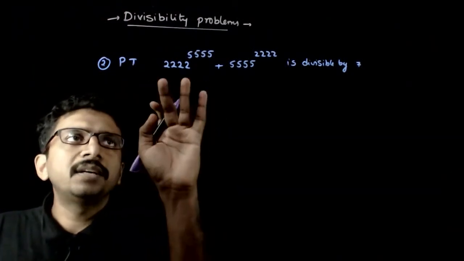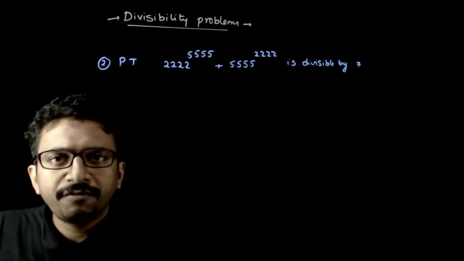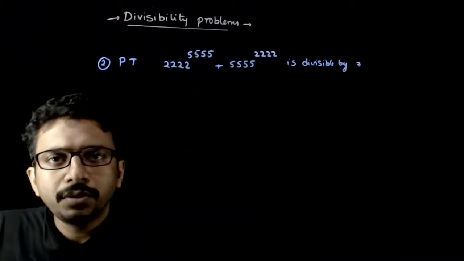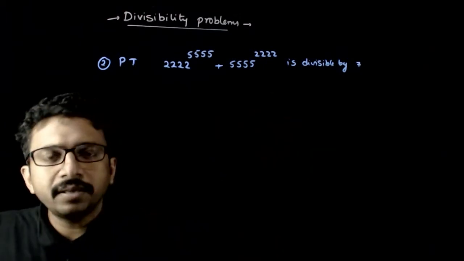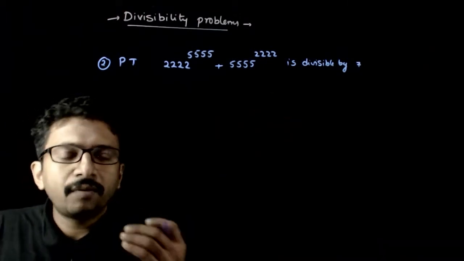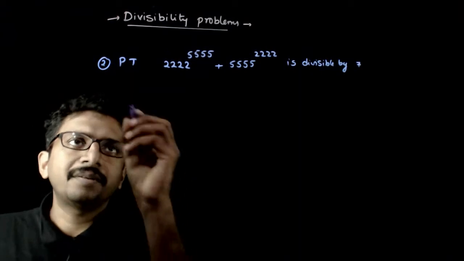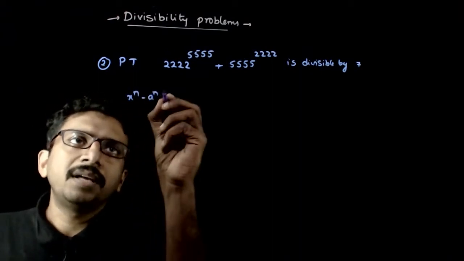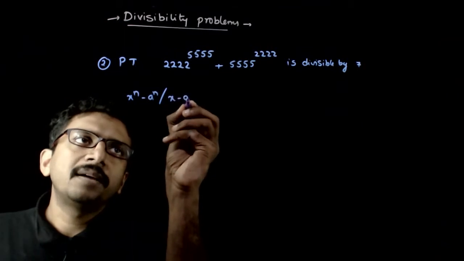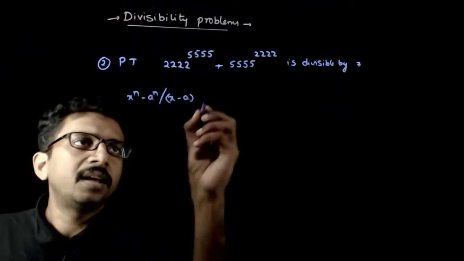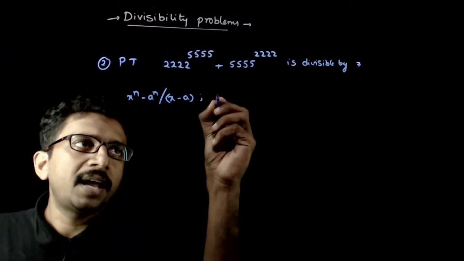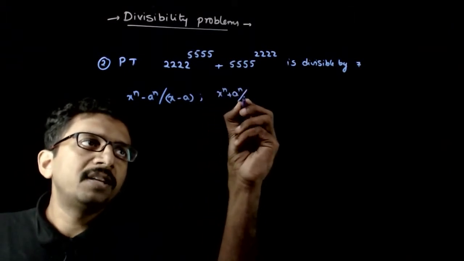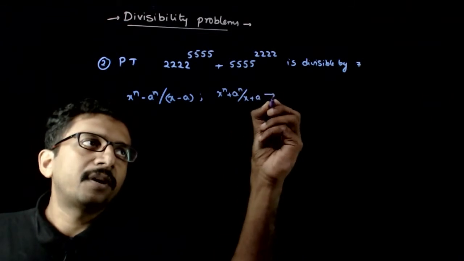So you have to prove that 2222 power 5555 plus 5555 power 2222 is divisible by 7. So we have already seen what you need to remember. We have to remember that x power n minus a power n is always divisible by x minus a for all natural numbers, and x power n plus a power n will always be divisible by x plus a for all n